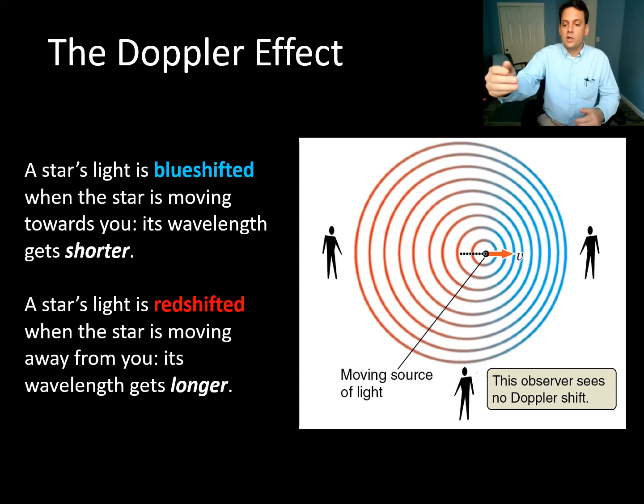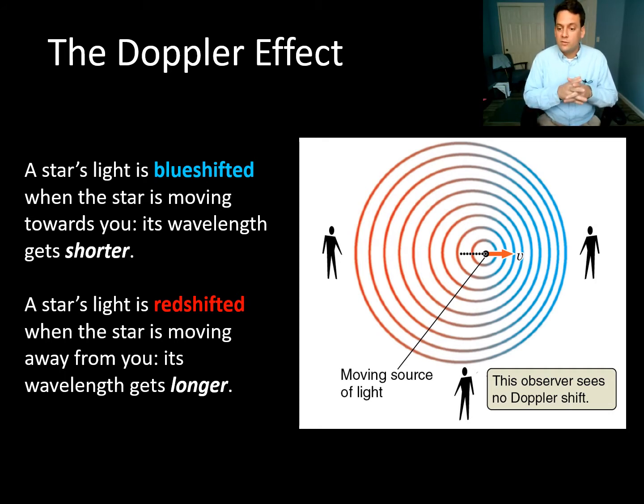So if the star is moving away, then it emits a peak, and then it moves away, and then emits another peak. And so the distance between those peaks, the wavelength, is actually a little bit longer than it would have been had the star been at rest. And so since the wavelength is longer, the frequency is lower, and the color will be redder, and so we